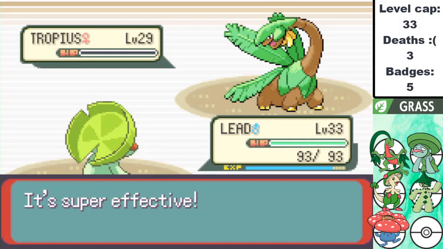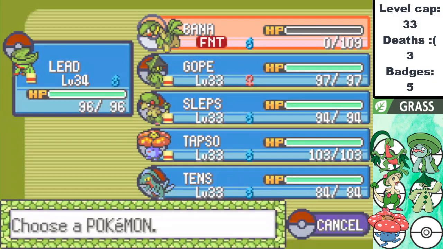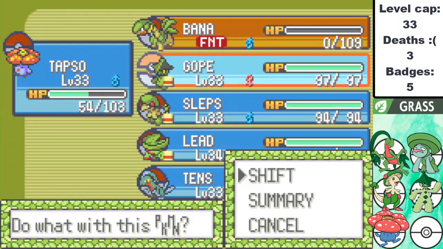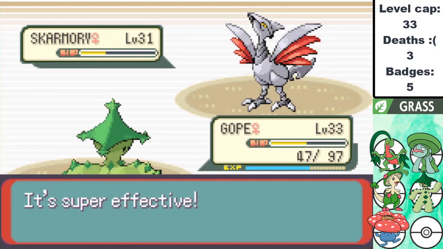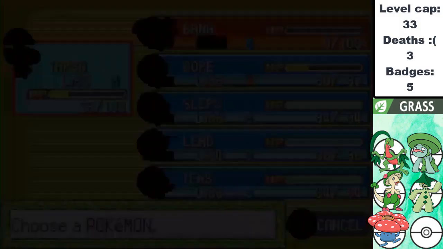Tropius is taken out, and then we have the main problem when starting the battle, the Skarmory. I swapped into Vileplume to land the Sleep Powder to give us a bit more time to set up, using Leech Seed with Cacturn for residual damage, getting in as much damage as we can before our health is too low. Switching out is the play here, and it does actually work, strangely enough, as we manage to take out the